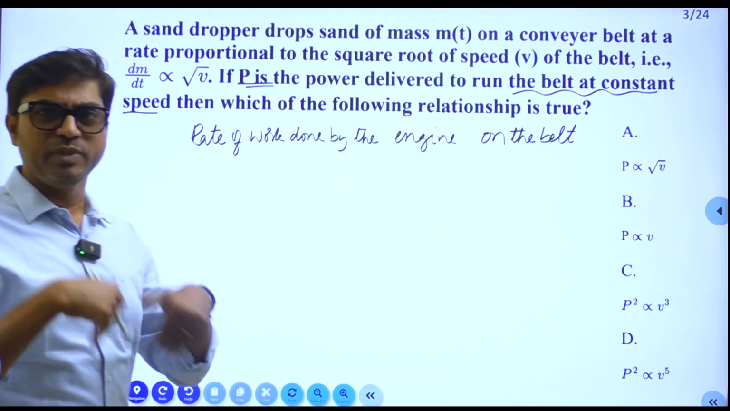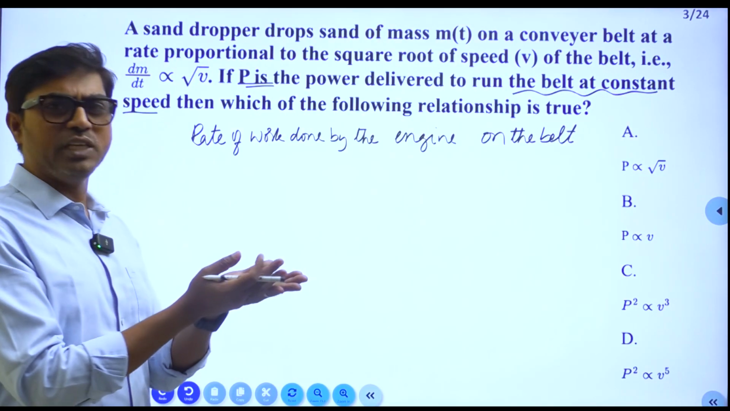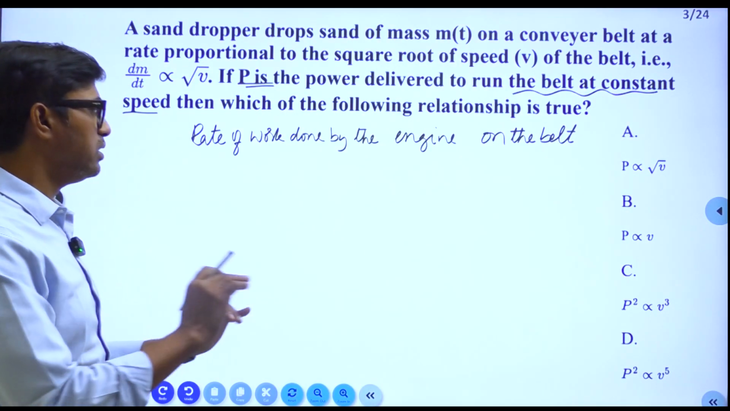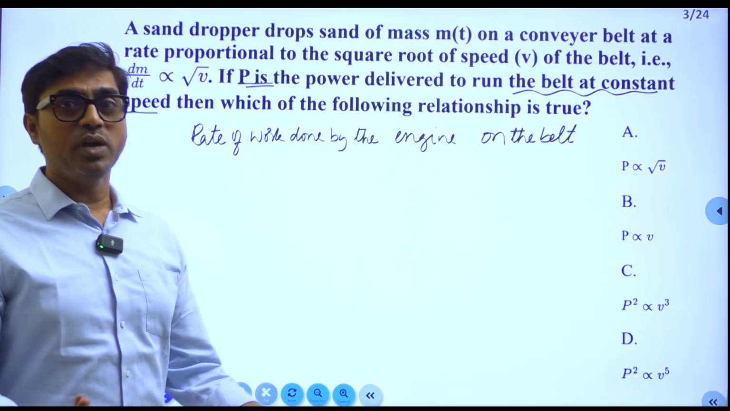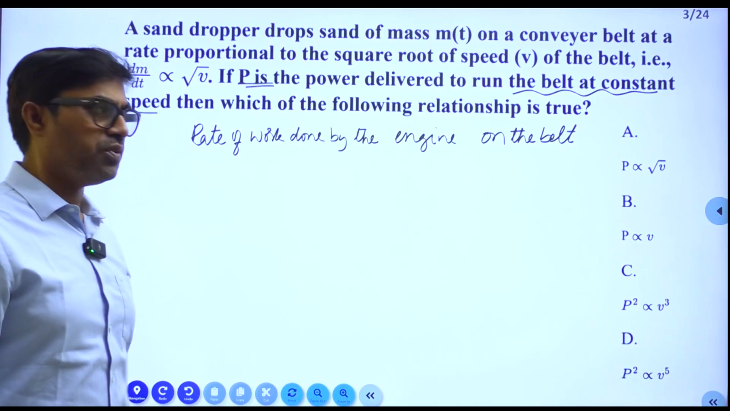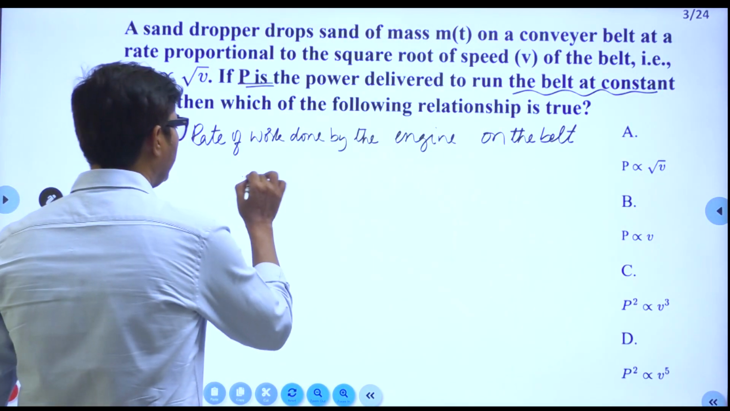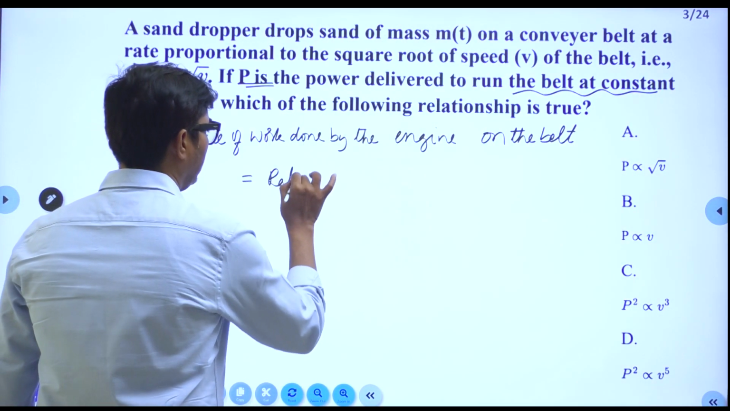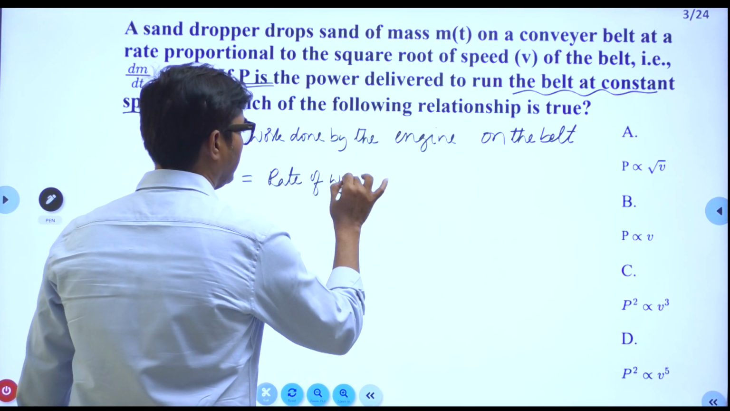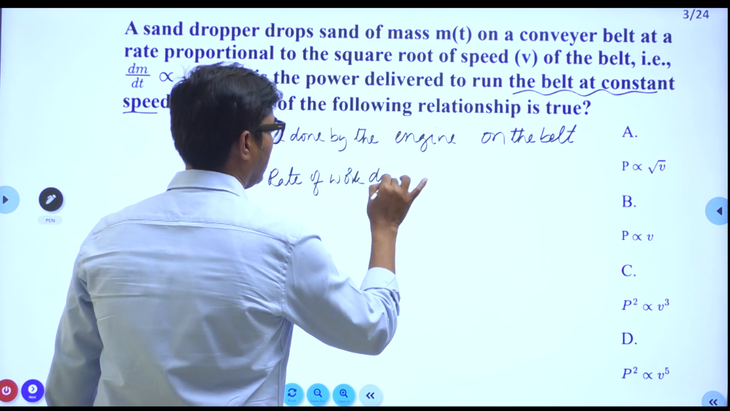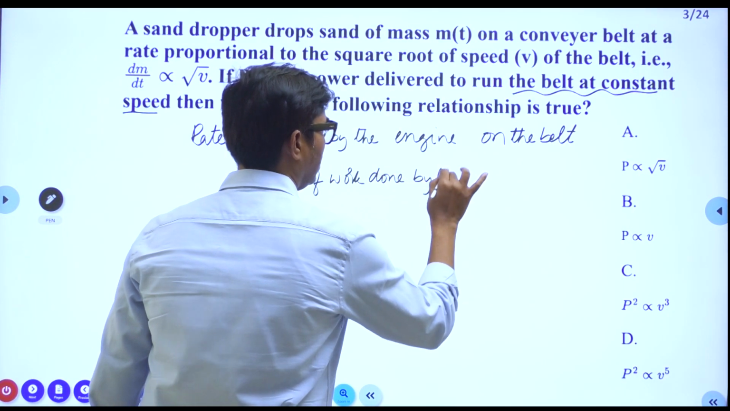Alright, so that much energy is being supplied. The work is basically inflow of energy. So the engine is supplying energy to the belt, but the belt is not changing its kinetic energy, it's having a constant speed. So this must be equal to the rate of work done by the belt